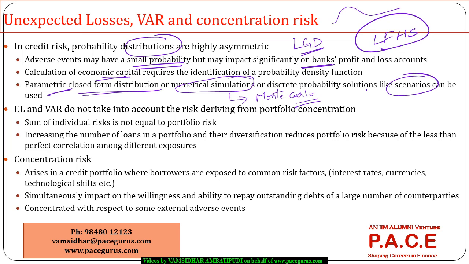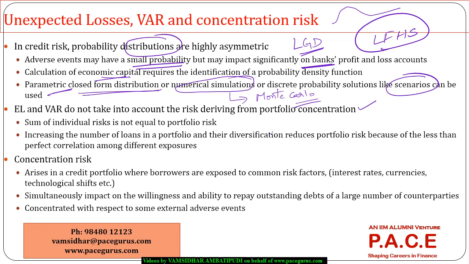Or I can have discrete probability solutions, like scenarios for each of the aspects, and based on them I can go ahead in terms of working out the unexpected loss and the VAR aspects. A few things that we have to understand in this context: neither the expected loss nor the VAR